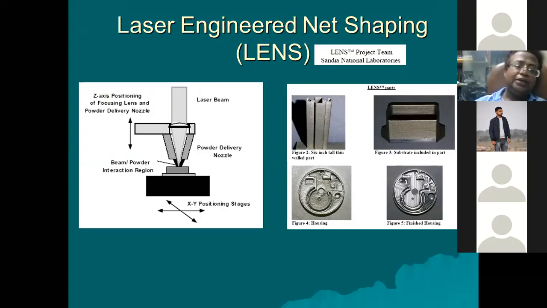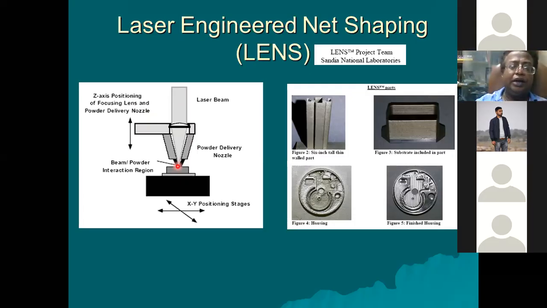And here you can see that the idea is that you have a conical channel like this, and from these channels, the powder is supplied. Powder is coming down. And from the center, there's a laser beam which comes here, and here the metal powder is coming like this. The metal powder is coming like this, and the laser is coming from the center.